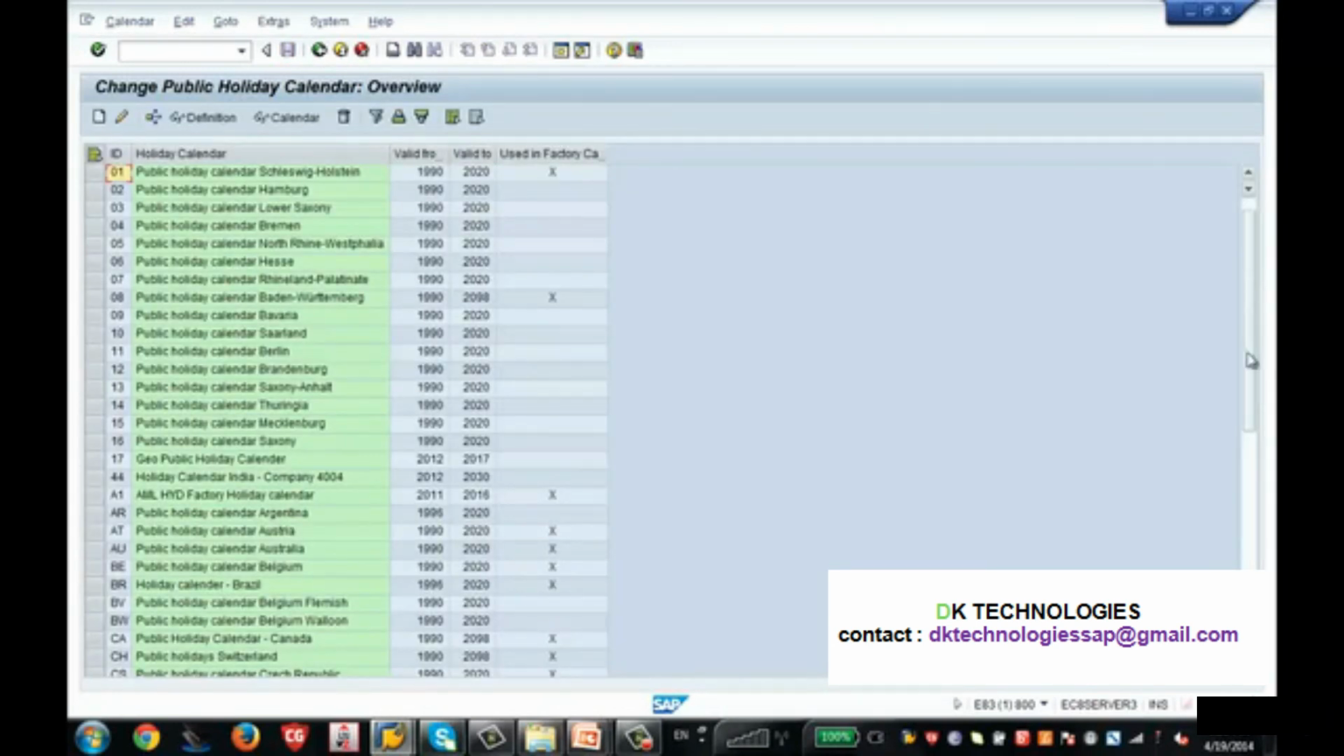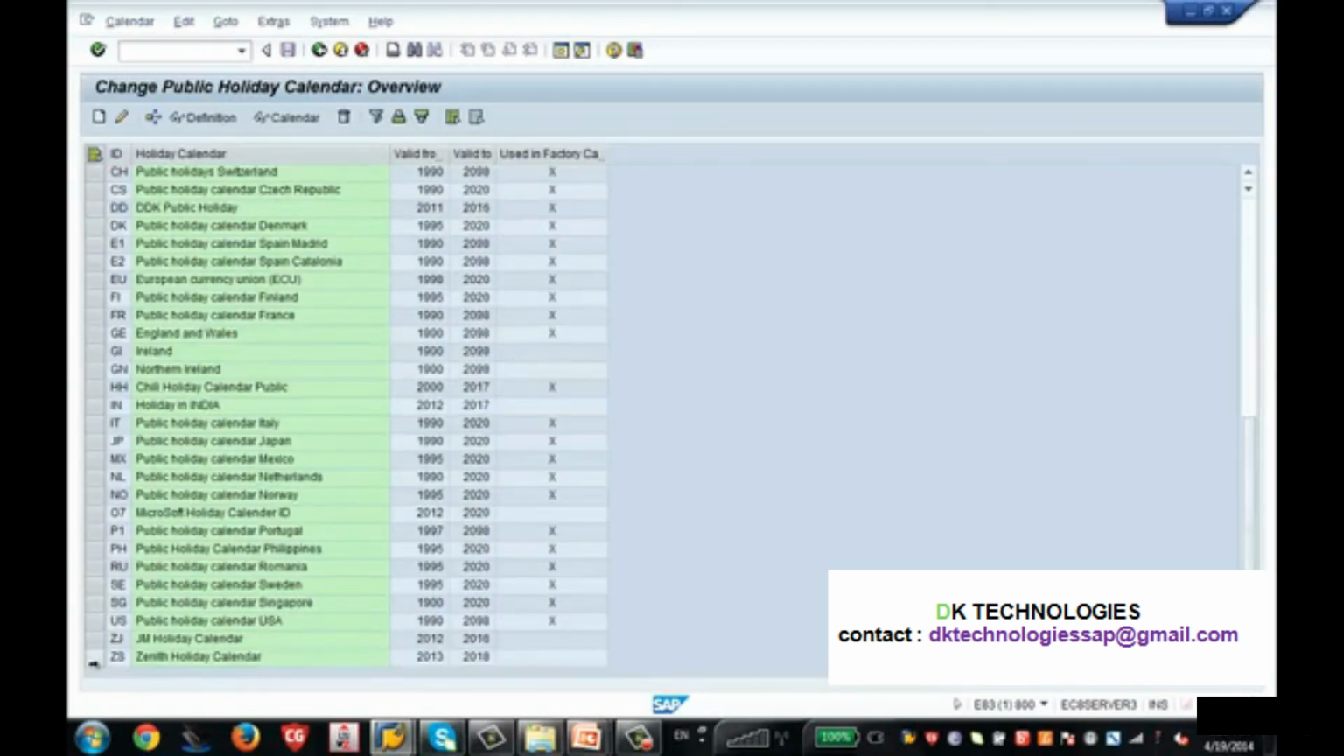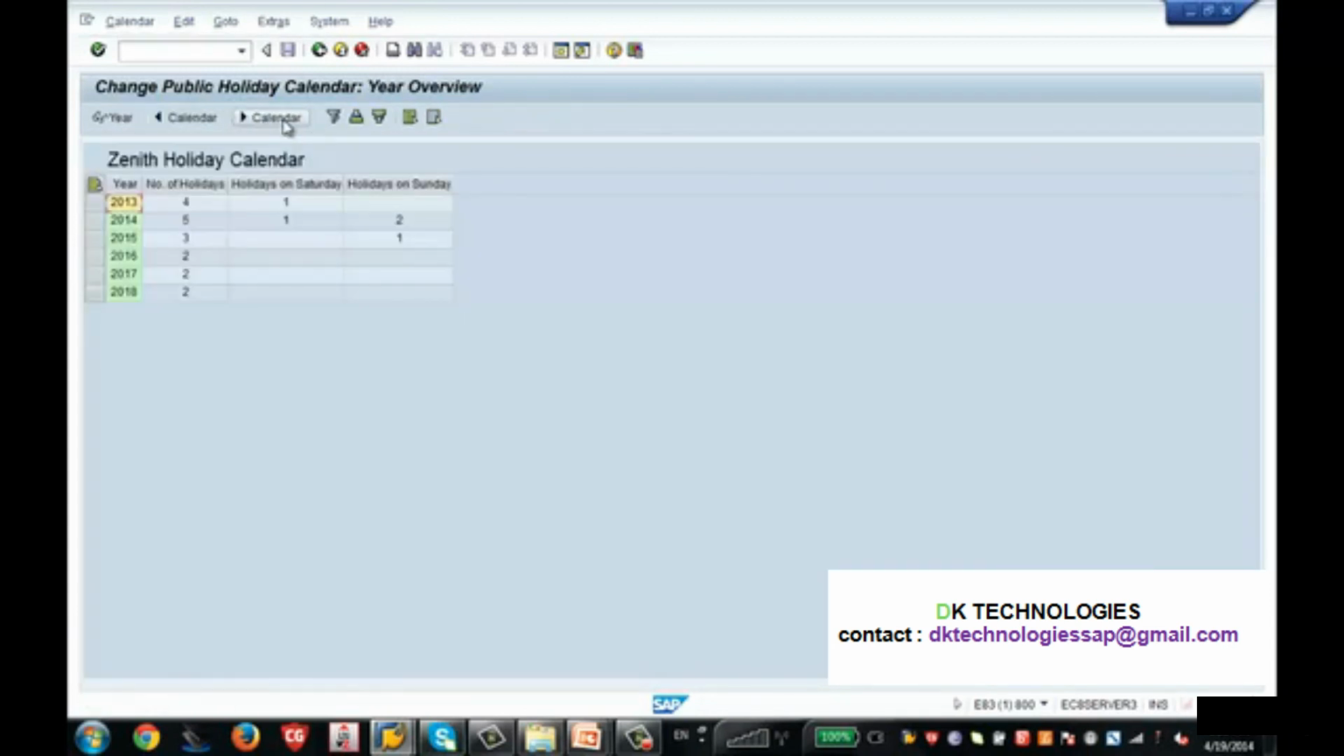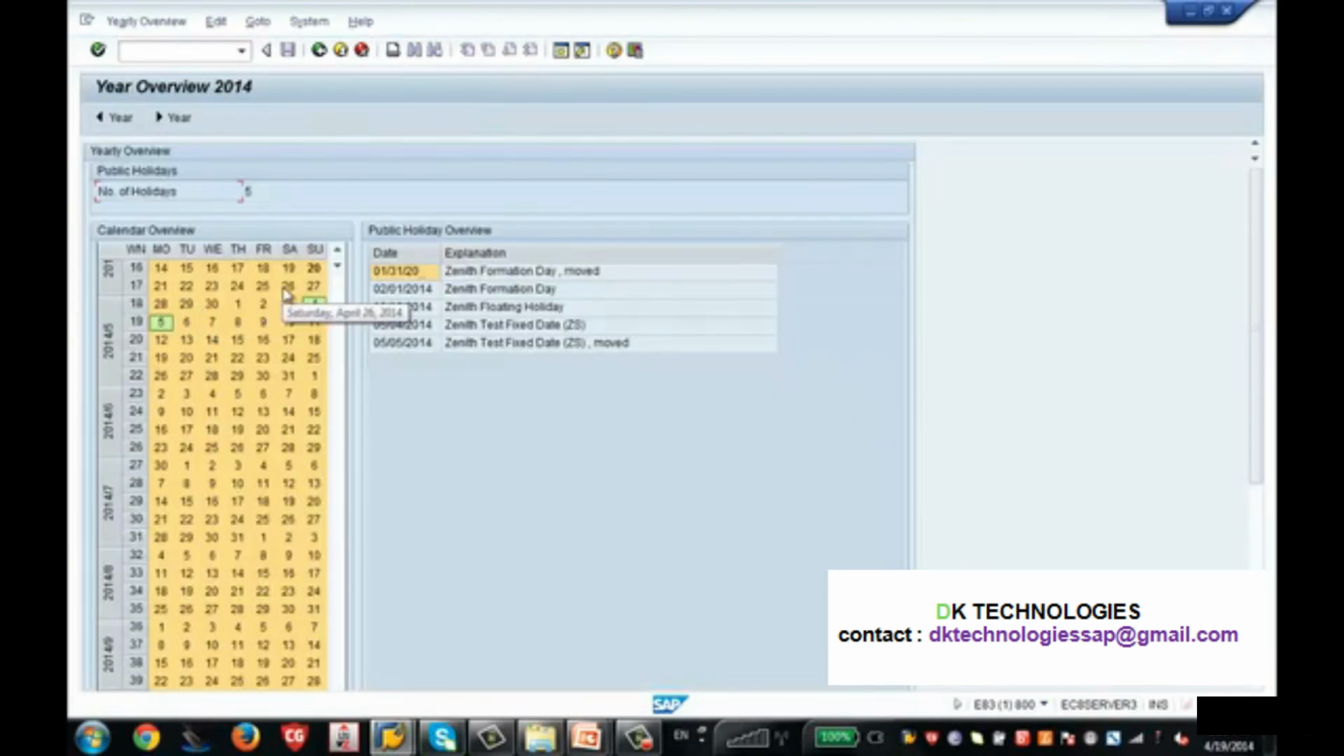So after you create the holiday calendar, what you are going to do is click on this calendar and it will show you all the holidays. Let me look at my year 2014. I select this one, I click on the year. When I click on the year, now it is showing me that the holidays which are on Sunday have been moved to Monday. If you notice this 4th May, I have created Zenith Text fixed date, if you recall, but